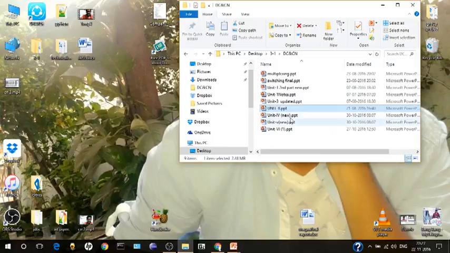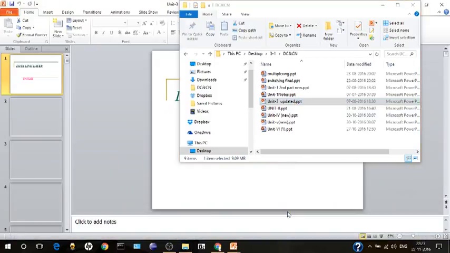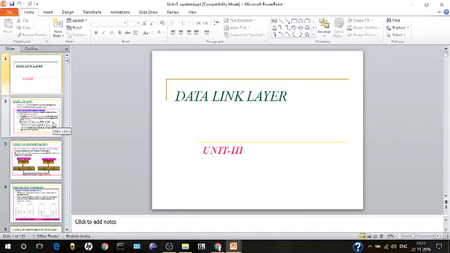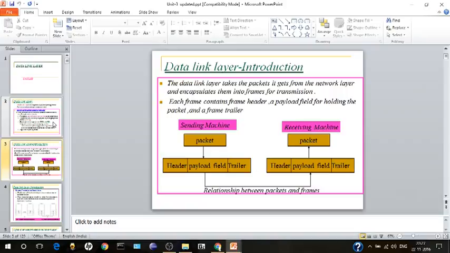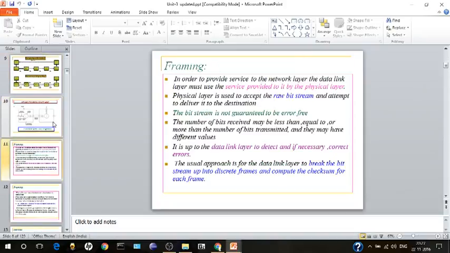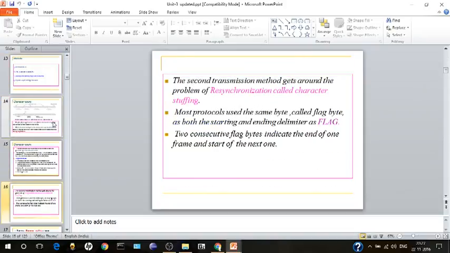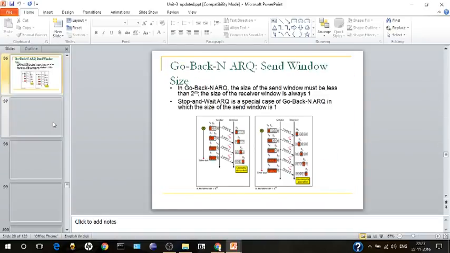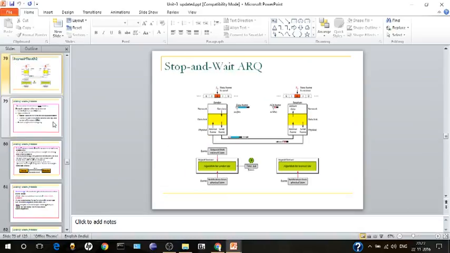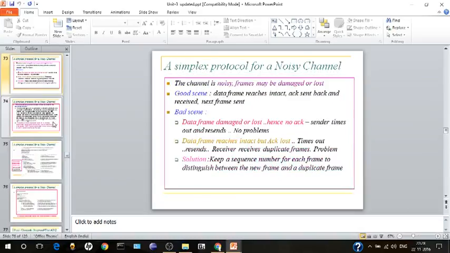Let's move on to the third unit. You guys can check out my previous videos for a better understanding. And the third unit is completely about the data link layer, as I have said earlier. So that's why I skipped my previous topics, because you guys can find it easier. In this chapter you have a number of protocols over here, but among all these things the important topics are